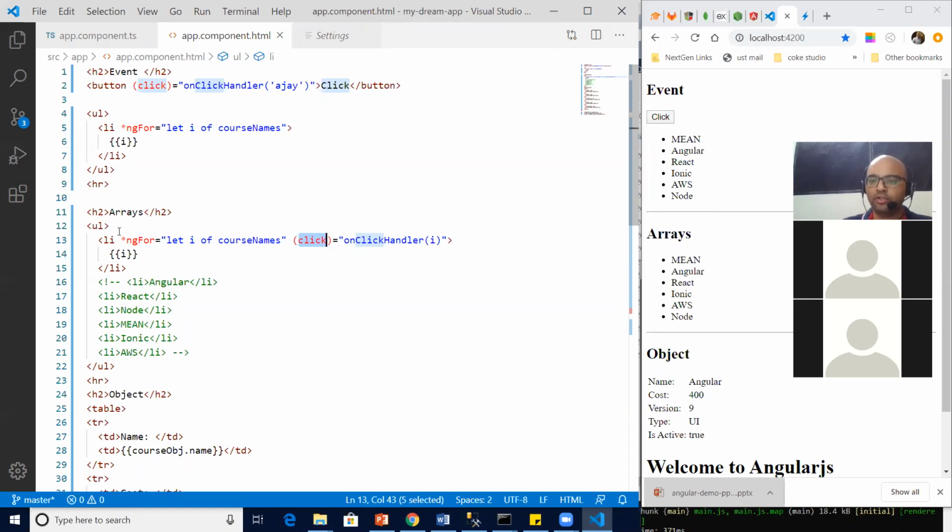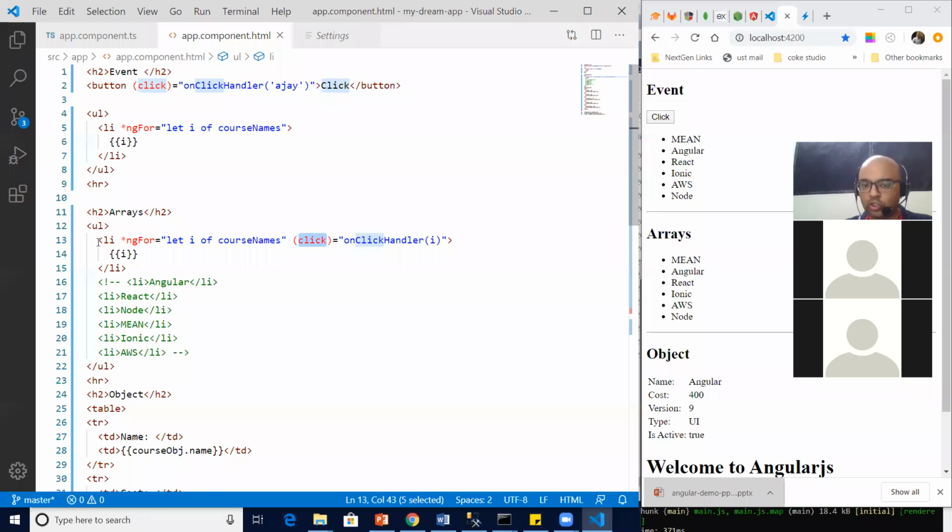Okay. So, Meher, this time your answer is incorrect. It is going to get associated to every li. You all are correct. It is going to get hooked with every li, because li is generating dynamically. So with every new li, a click event or click directive will get associated, right?